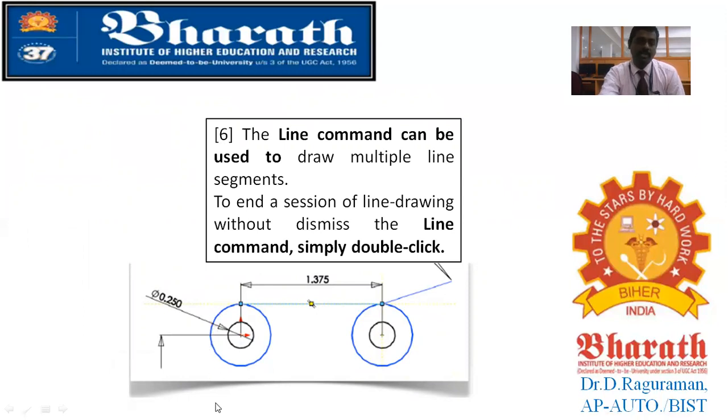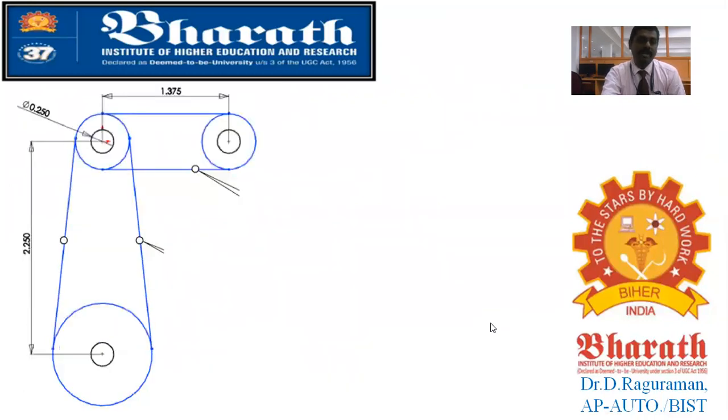So for the vertical circle also you are going to create a line. Here also you are going to have a line. You will proceed with the line command by simply double clicking it. Now you can see here you have a line, and here you have a line, here you have a line. The first line we have completed. Now we are going to complete these three lines in addition.